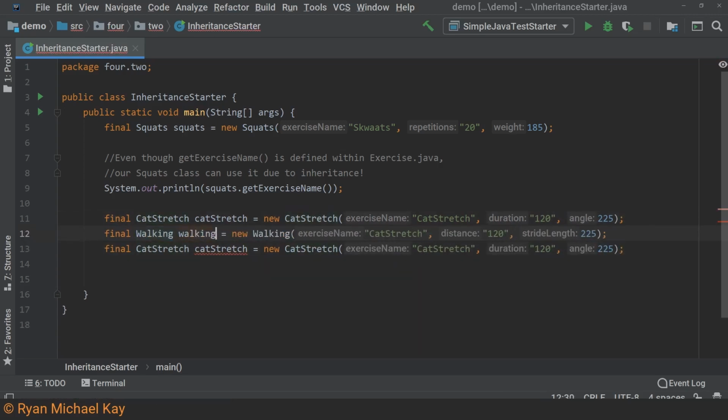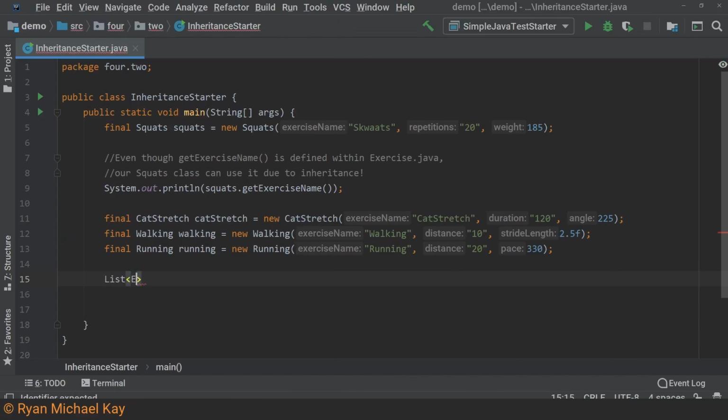Let us start by creating some new exercises. Next, we will create a list of exercises. We will use an array list data structure, which is less memory efficient than a normal array, but much simpler to work with in many cases. Now, in case you are wondering, yes, ArrayList is a child of the list interface. This is beside the point of this example, but a good general rule is to keep your reference types as abstract as possible. That does not mean you must always use the abstract type. Sometimes the details do become important.